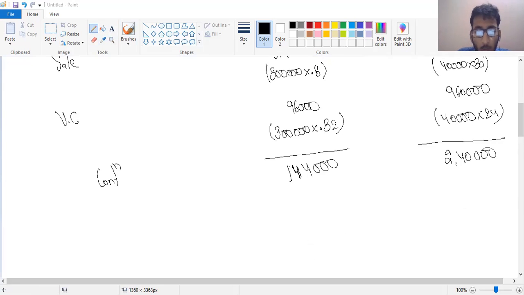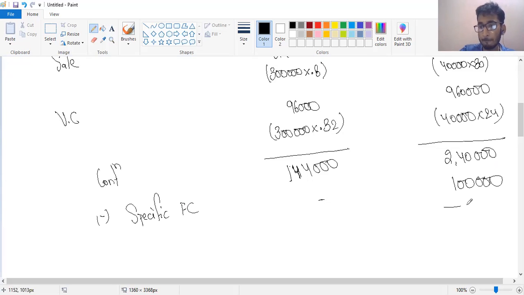So what we need to calculate is whether we are advising to make the toy along with the bottles. So specific fixed cost: there is no specific fixed cost associated with the bottle. We are given the total fixed cost of the company as 10 lakh, but there is no specific fixed cost associated with making the bottle. But there is one fixed cost specifically related to making the toy, which is a 1 lakh rupee modular cost.